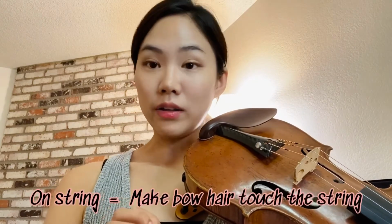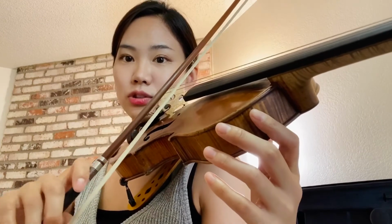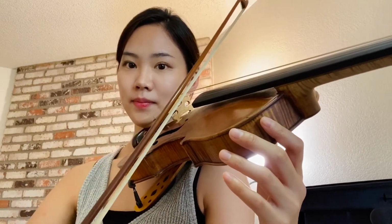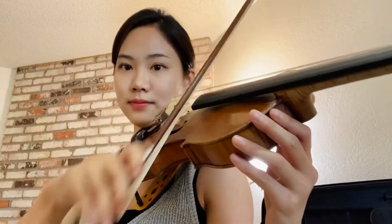And please make sure when you practice staccato, tenuto, and of course legato, start to play on the string. On string means touch the string, pull down the string and play. Don't start in the air, so your bow doesn't get bounced. I know bow technique is a little tricky and hard to understand, but try to mimic that sound